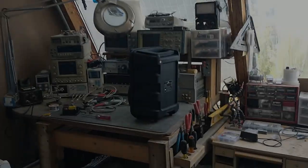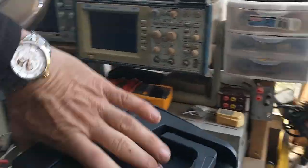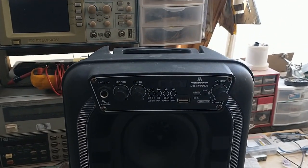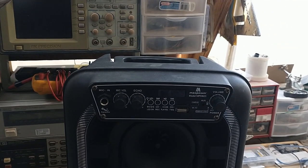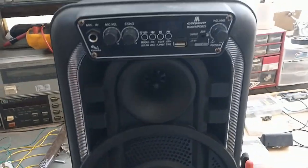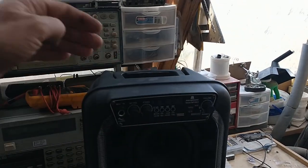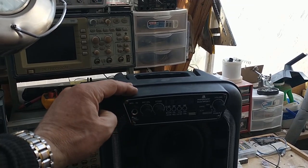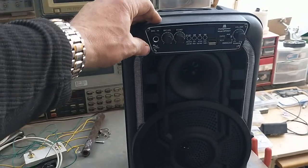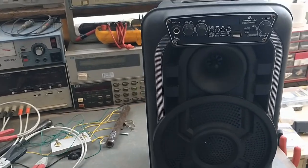Okay, today we are in the electronics lab because I have this guy, which is this MaxPower model MPD823 US Bluetooth speaker with a USB charging port. It's got an auxiliary jack in it and a microphone in, and they call this a karaoke machine. I don't know what karaoke features other than the microphone input it might have, but we're going to take